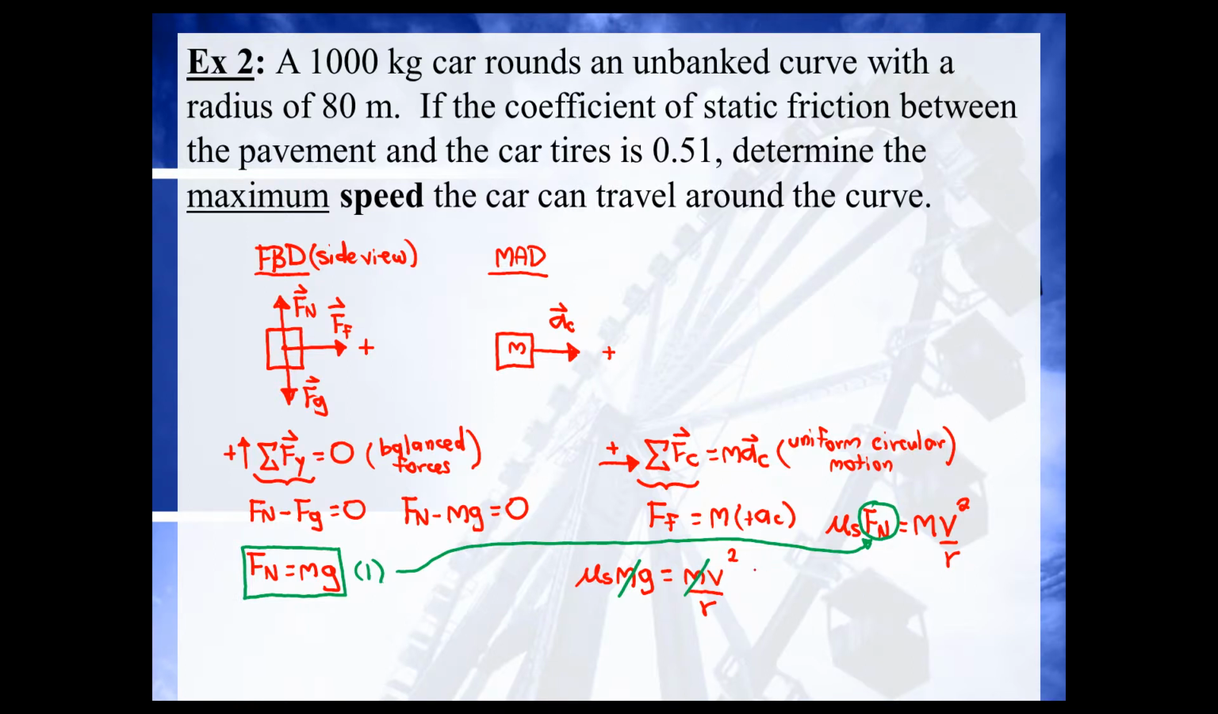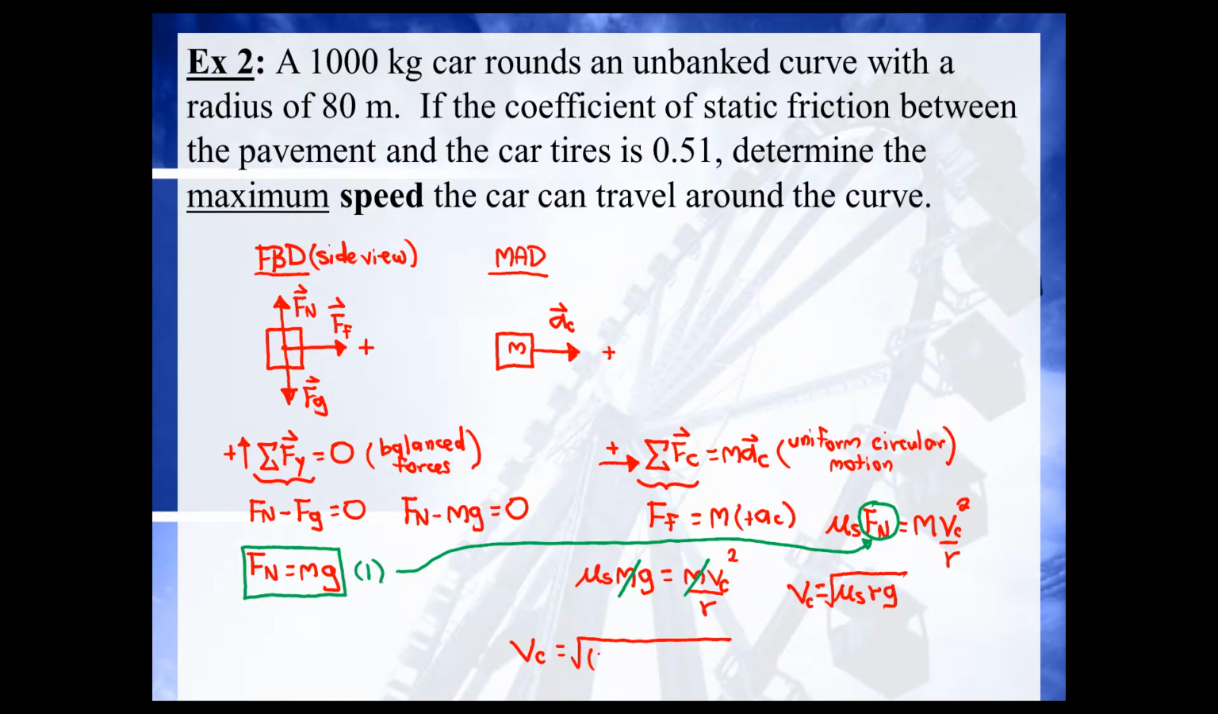Okay, we want to get the speed by itself. So to do that, all we have to do is multiply both sides of the equation by r and then take the square root. So this would then turn into v is equal to the square root of mu_s r times g. Let's put the c here. Speed in circular motion. So v_c would then be equal to the square root of my coefficient of static friction,